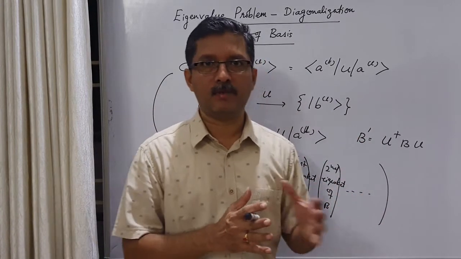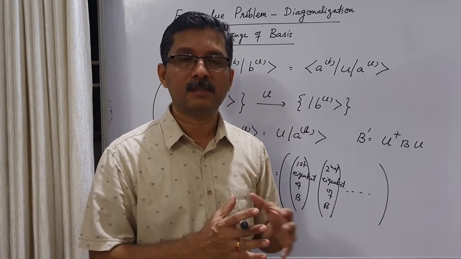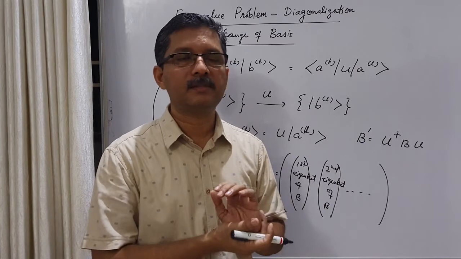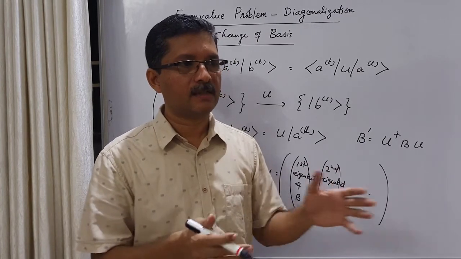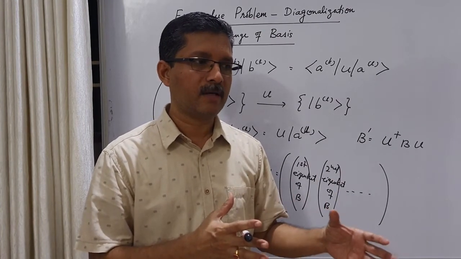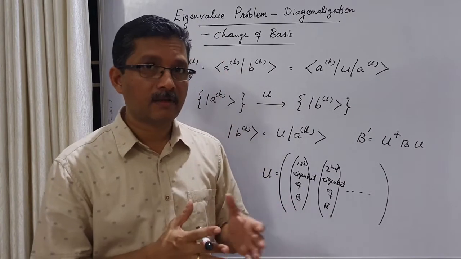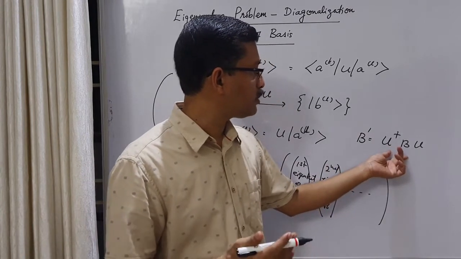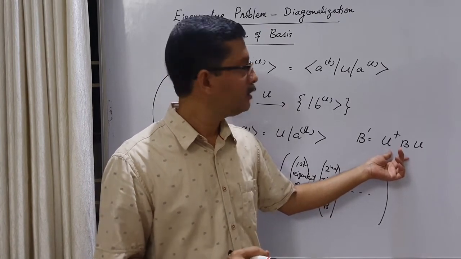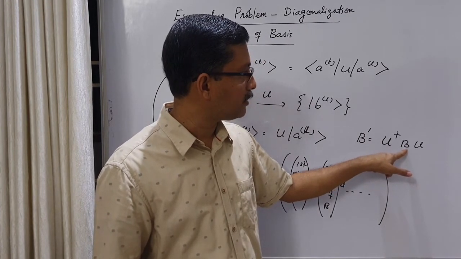We can also see this another way. The trace of a matrix is the sum of the diagonal elements. There is a general result that if you have an n by n square matrix, the trace of the matrix is the sum of the eigenvalues of the matrix. And under a unitary transformation, we know that the trace is invariant. Trace doesn't change.